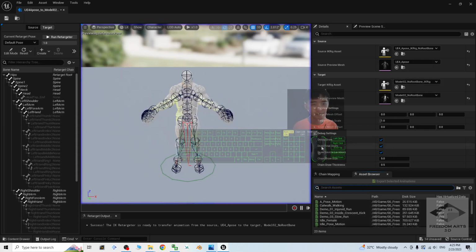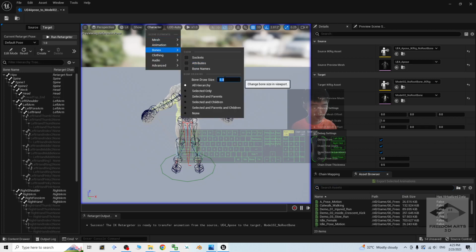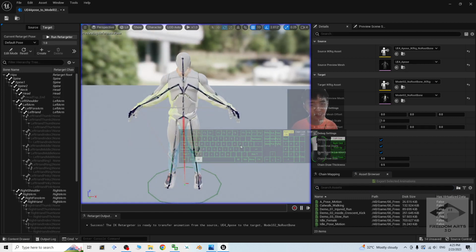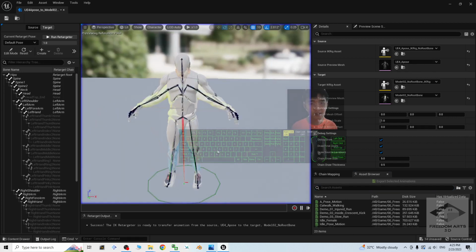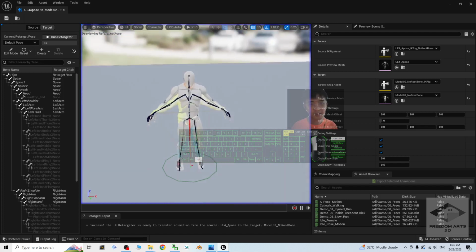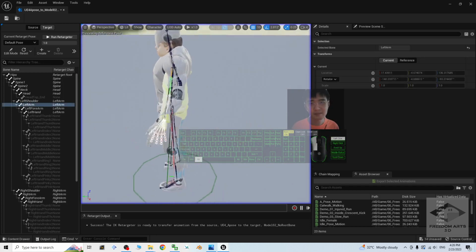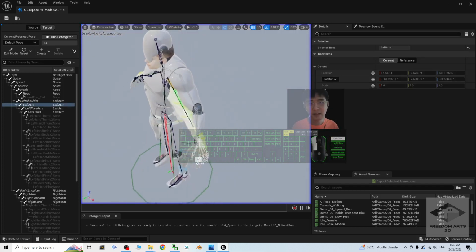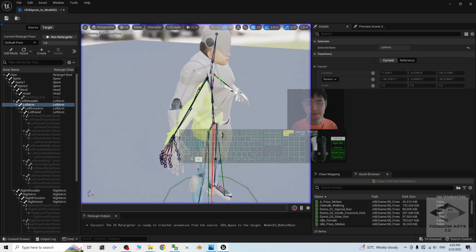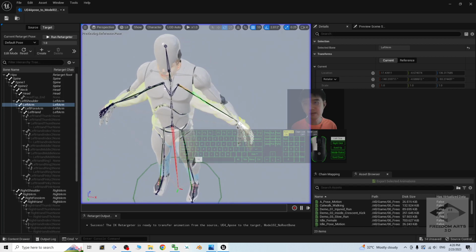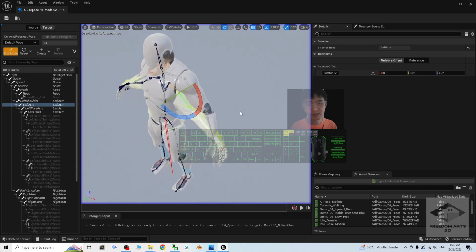Then the bone size, change it to become 1 so that it is easier to see. And now you can see both of the poses, it looks similar. It already has similar poses. So this is just the target. You can just edit the hand pose. This is everything straight. So I go to the edit mode and try to edit this to make it the same